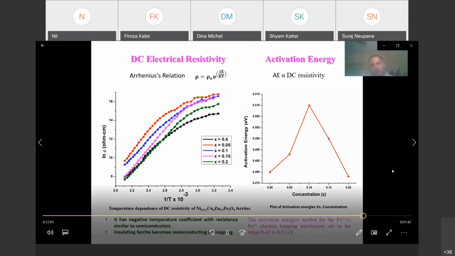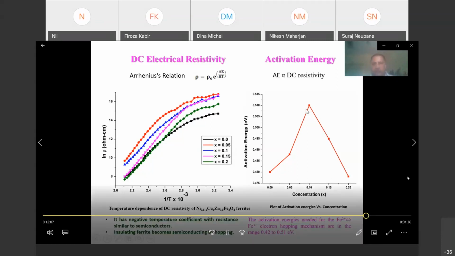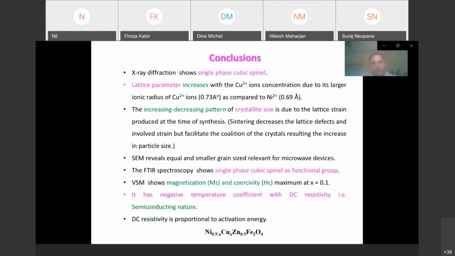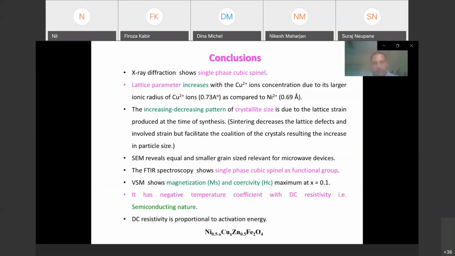So here, similar to the previous slide, the maximum activation energy required is at 0.1. And overall energy found is 0.4 to 0.51. So finally, I came to the conclusion. X-ray diffraction shows a single phase cubic spinel. Lattice parameter increases with copper concentration due to the larger effective ionic radius of copper. Ups and downs in crystal size are due to lattice strain during the period of synthesis